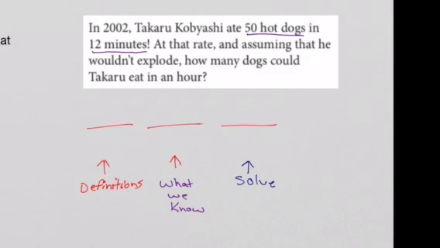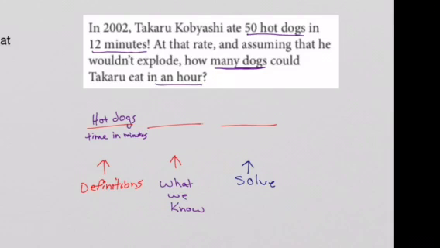We can also find what we're going to define the fractional lines as in what they're actually asking. And here they ask, how many dogs could Takura eat? How many dogs could he eat in an hour? So we're still dealing with hot dogs and time frame, but now we are given a specific rate. Okay, so now let's go ahead and fill in our definitions. So I'm going to put hot dogs on top, and I'm going to put time in minutes